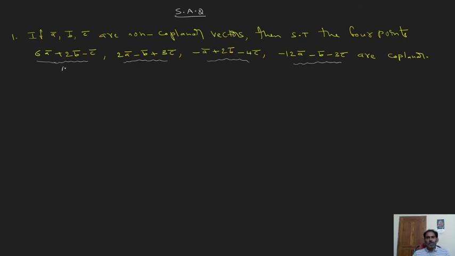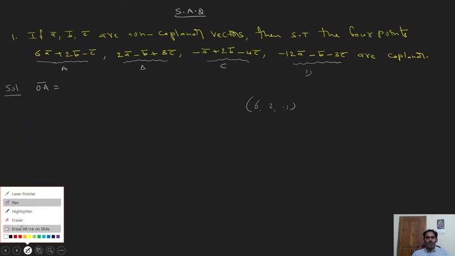The first point I am taking as A, the second point is B, the third point is C, the fourth point is D. These are position vectors, so don't write A equal to. This is a vector, so the position vector of A you should write like this: OA bar equals, is the correct way. Because they are vectors, not points. Actually a point should be written like 6, comma 2, comma minus 1. But it is given in vector form. That's why I am taking it in this model.